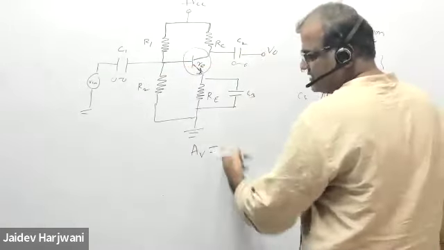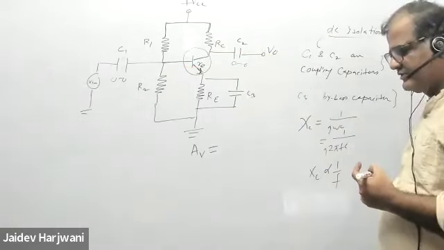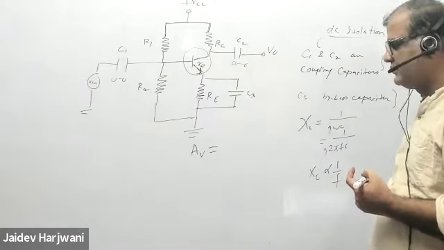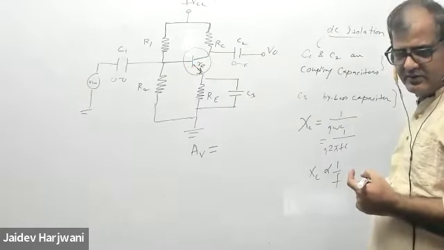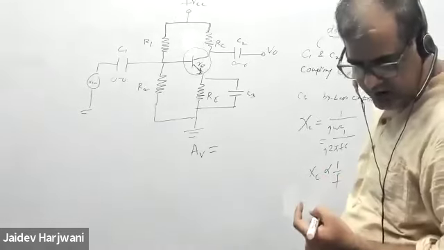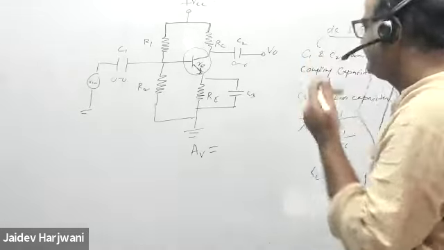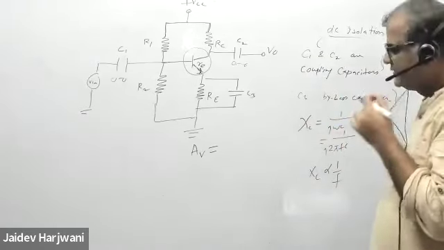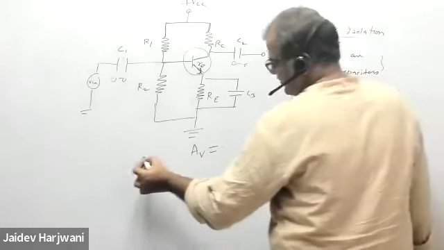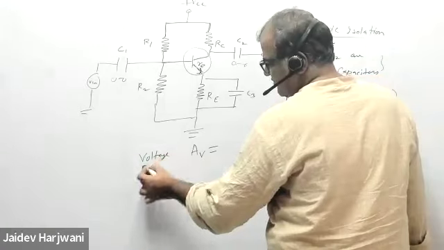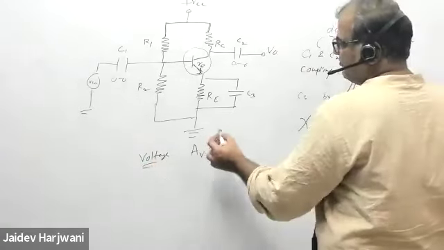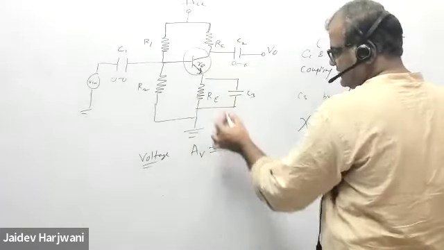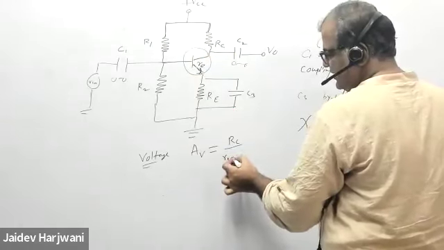So can anyone tell me what is the gain of this circuit? What is the formula for gain of this circuit? We have done it in the class. Shirin, Lipsa, what is the formula for gain? Voltage gain, because it is an amplifier. What is the formula of voltage gain? The voltage gain formula is RC upon small re plus